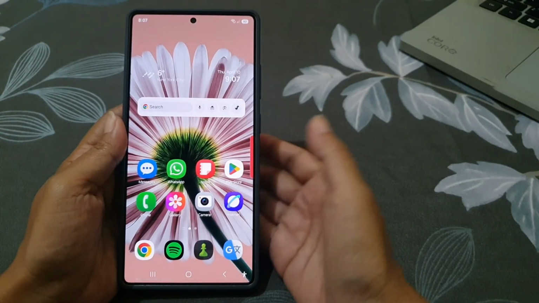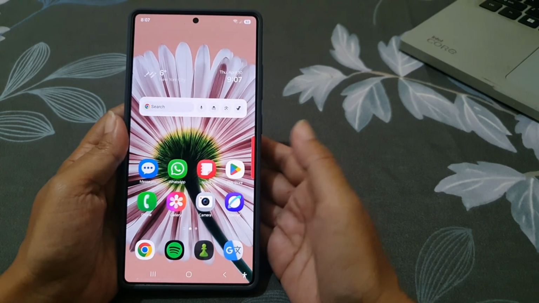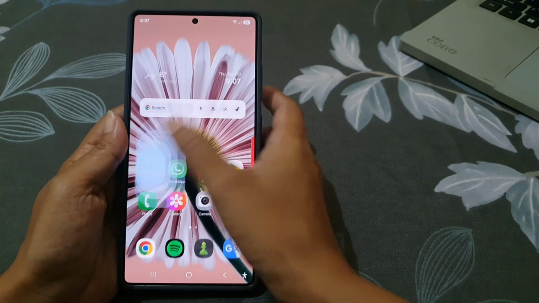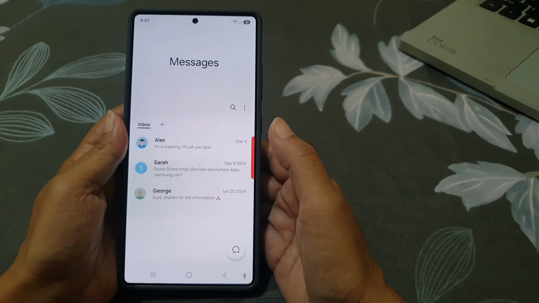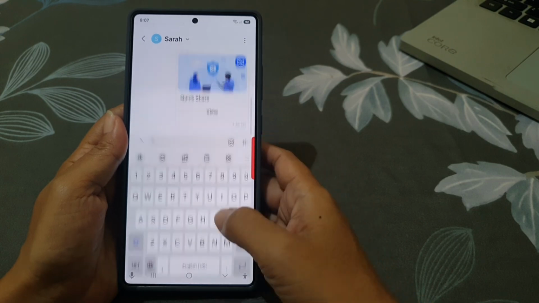To schedule a message on Samsung Galaxy S25 Ultra to send text at the perfect time, open Samsung Messages app, start a new chat or open an existing conversation, type your message,